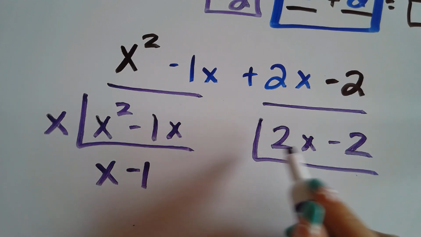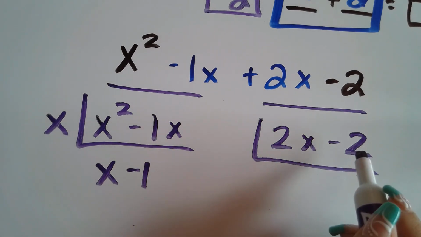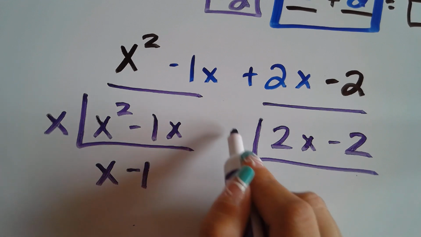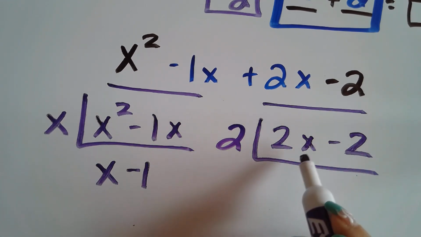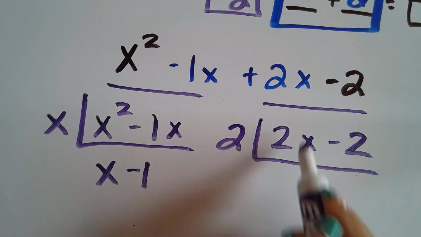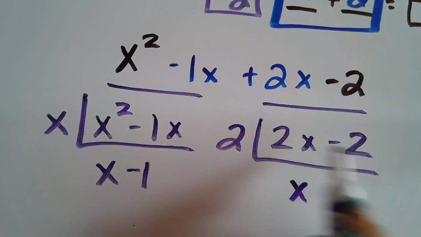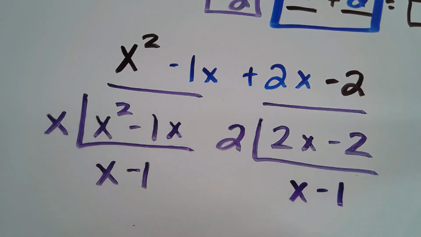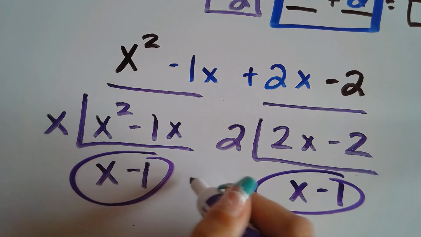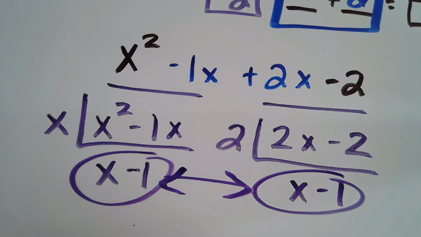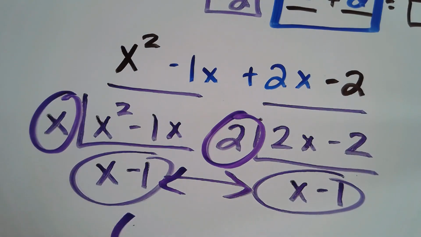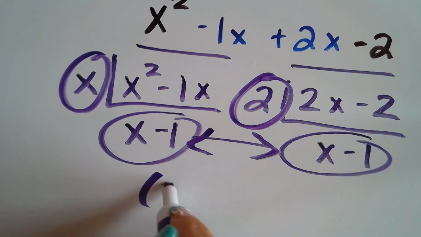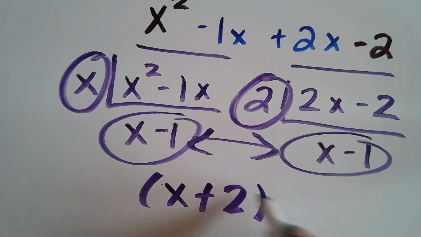Here, is there anything we can pull out? We know they both have a 2, so we're going to pull out that 2. They both don't have x's, so we're going to say 2 divided by 2 is 1, so we leave our x. And negative 2 divided by 2 is negative 1. As we can see here, these two do match. So let's start writing our final answer. We have our x and our 2, so we're going to write down here x plus 2 times